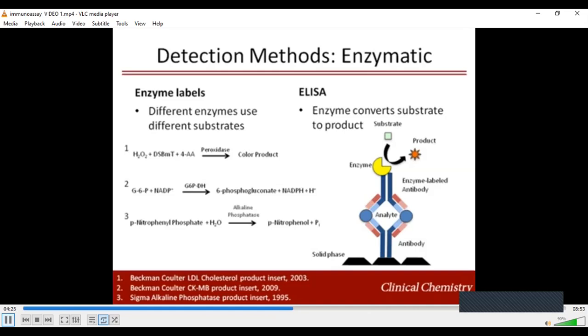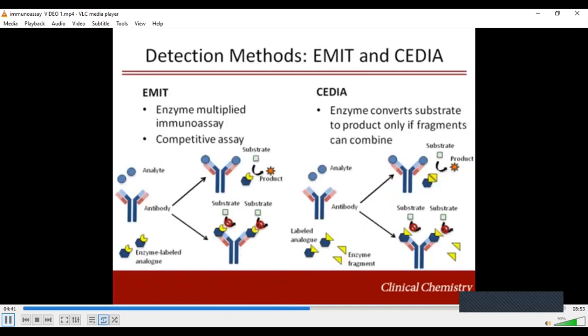Enzyme-linked immunosorbent assays are common in the clinical laboratory and use a capture antibody and an enzyme-labeled detection antibody. Many automated instruments use an enzyme-labeled detection antibody and a chemiluminescent substrate producing a photon for measurement. Two other types of enzyme detection include EMIT and CEDIA. An enzyme-multiplied immunoassay or